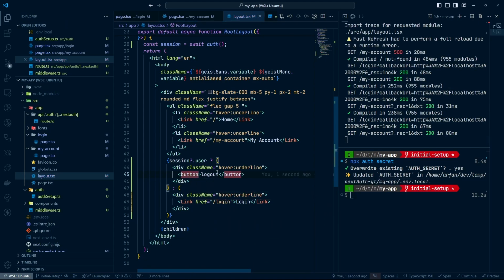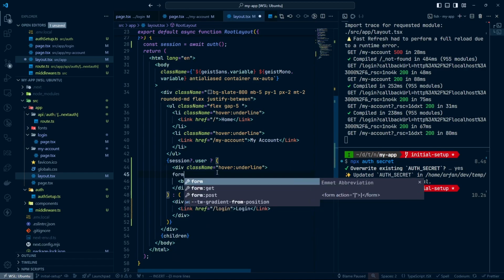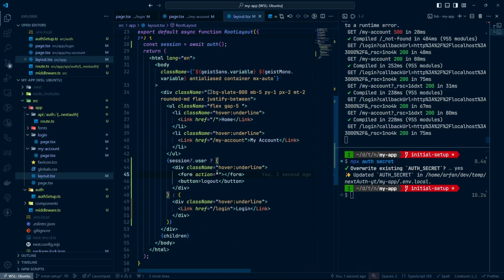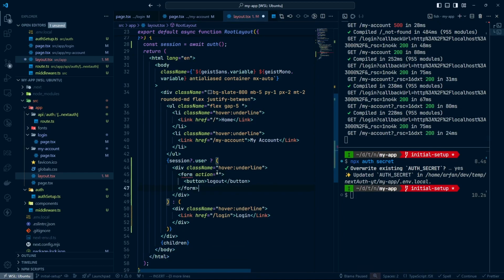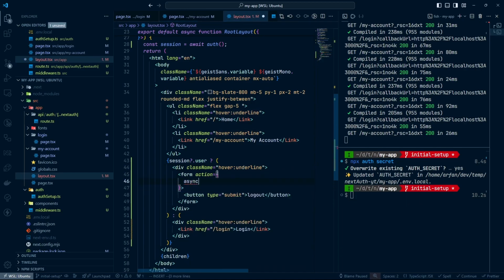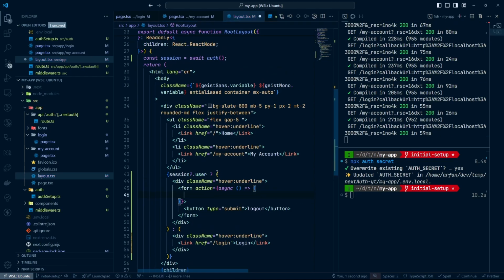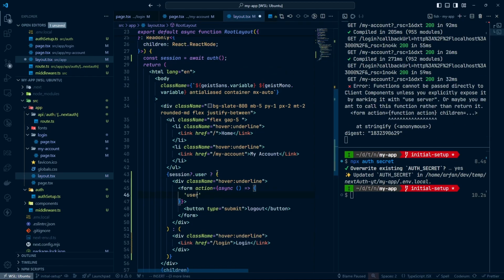And for that I will use form action here, so it will be the same thing that we did previously. So here I will say form action. Inside the action we will do our things, but before that let's wrap the button with the form. And inside the button, first of all I need to say type will be the submit, and here in our action we can make it a server action, and here I can say async function, and inside the async function we can say use server,